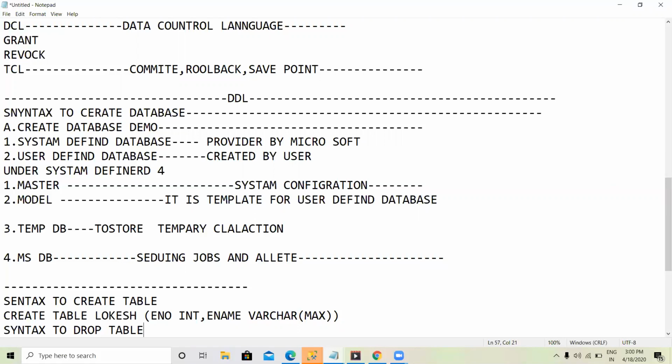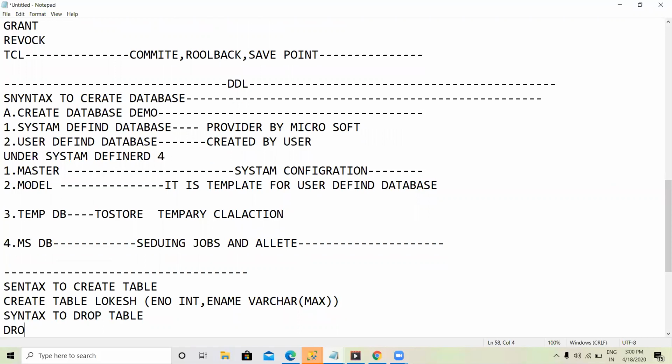Syntax to drop table: drop table name, demo.